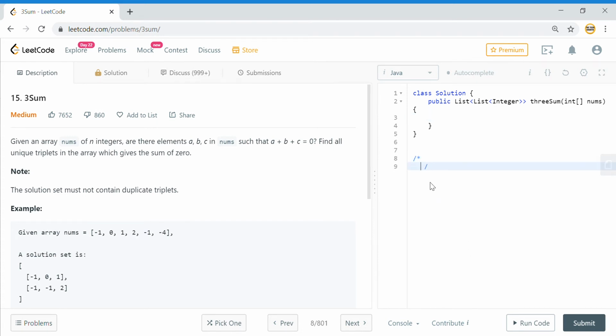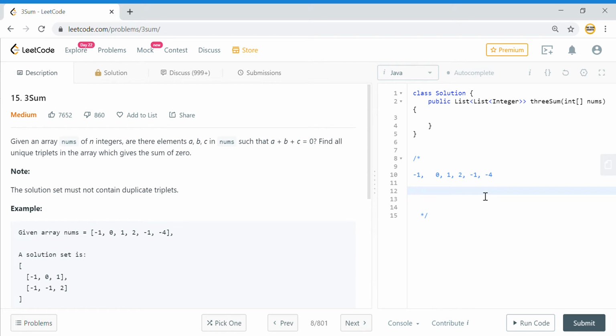So if we have this array as 1, minus 1, 0, 1, 2, minus 1 and 4, and I start from this number and look for a plus 1 in this array, that would be a good approach. If I make this one static and then look for minus 1 and plus 1, so that this gets negated, the sum of these two will be 1, and so this can definitely form a pair. Now the sum of these two also will form a pair, so that is also one solution. So that is how we will approach the problem.